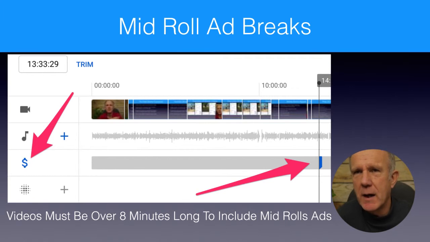You also have the ability to add ad breaks. So to add these mid-roll ad breaks, your video has to be 8 minutes long or longer. And then you just click on the dollar sign, and here you can see there's an ad break. So you have the ability to add your own ad breaks, or you can also let YouTube choose them automatically. So I usually try to choose the ad breaks manually. And the way to do that is